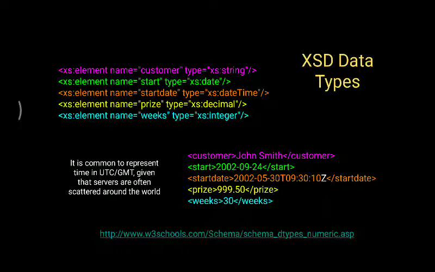So along with constraints, that XML will also contain data types. So how do we have to mention the data types? There is an example. xs:element name customer, then we'll be writing type equal to xs:string. Along with that, we'll be writing different types of elements, and we can mention the data types for each element that we are writing.